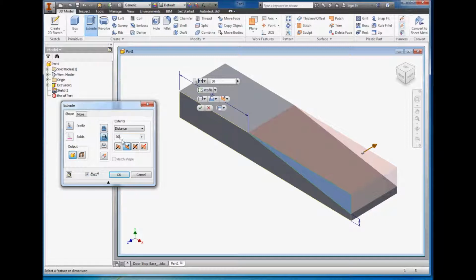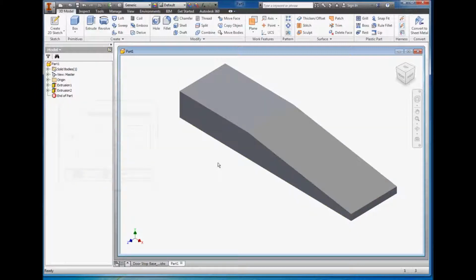If I did 30, you can see what it looks like. It doesn't go all the way through. I'm going to go 40. And instead of distance, what I'll actually do is go all. If I select all, in the direction I want to choose, it's going to cut through the whole material until it hits empty space. That's what I want. I'm happy with this preview, it looks good, click OK, and there we have it. We've extrude cut our wedge shape out of our